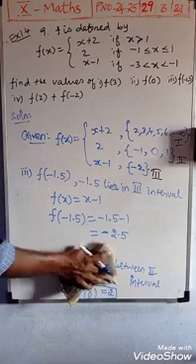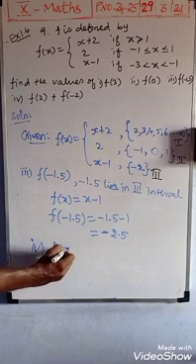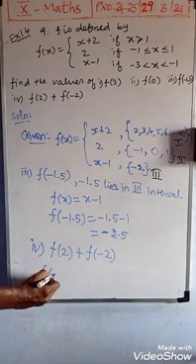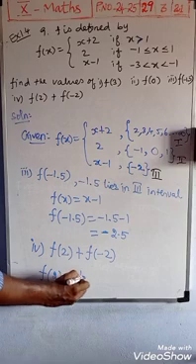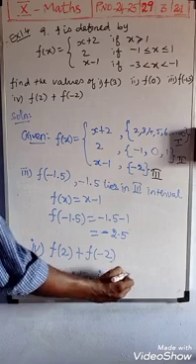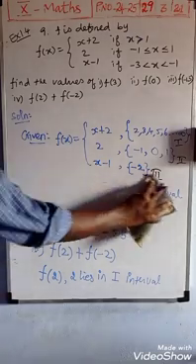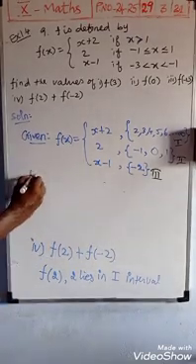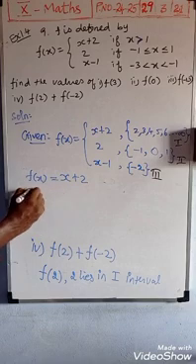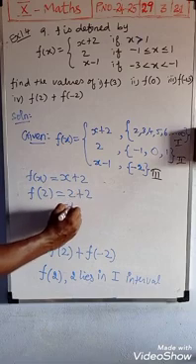Now the fourth one. The fourth point asked is f of 2 plus f of minus 2. These two you want to add. That means first we find the f of 2 value. Which interval does 2 lie in? 2 lies in the first interval. So for the first interval, f of x is x plus 2. Now instead of x you substitute 2. It means 2 plus 2, you add, and we will receive 4.